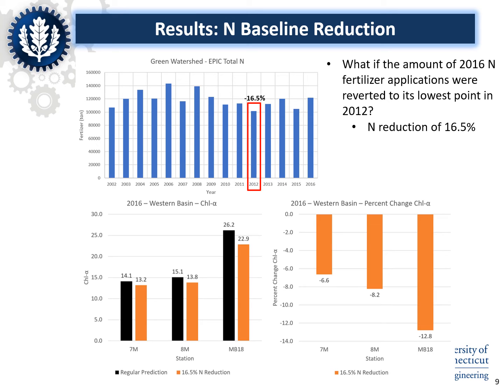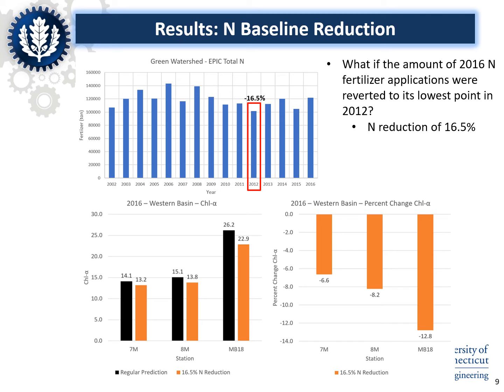So from this scenario, we see on the left plot the originally predicted chlorophyll-A values for 2016 with unchanged fertilizer values in the black bar, and in the orange bar, we see the predictions for 2016 chlorophyll-A with a 16.5% reduction in applied nitrogen fertilizers. We can see on the right plot the percent change in chlorophyll-A for the 3 stations of interest. We are mainly looking at how the chlorophyll-A model behaves with these changes in fertilizer applications, so not a lot of attention should be given to these specific percentages.